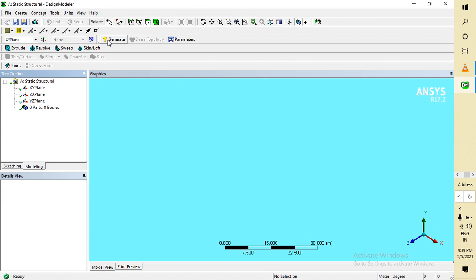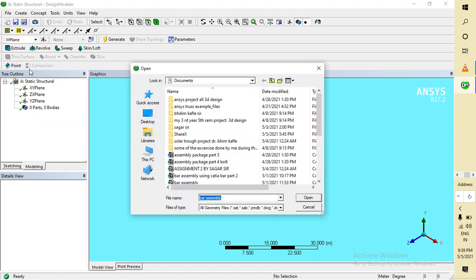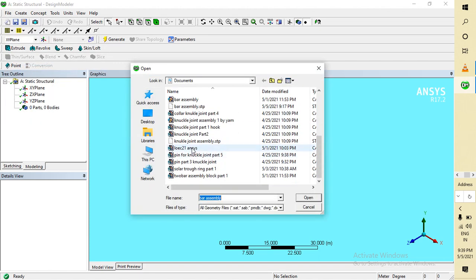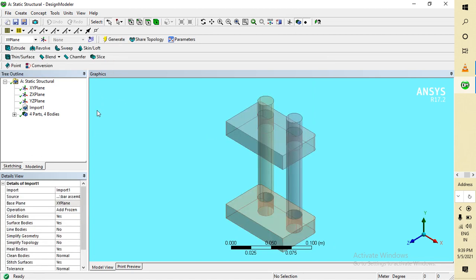So now I'm importing the file. Here this is the bar assembly.stp. Always save your file in .stp or .igs form so that you can import it easily here, otherwise you cannot. So don't forget to generate.